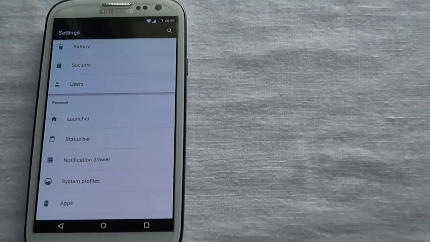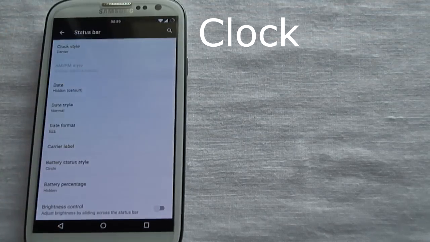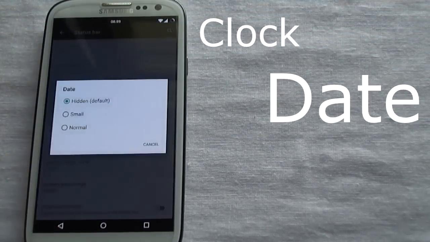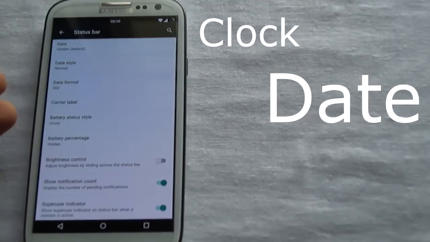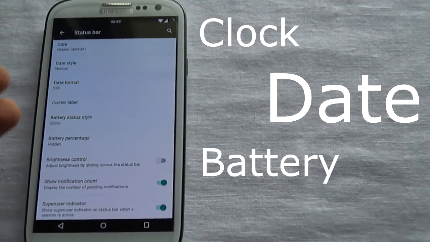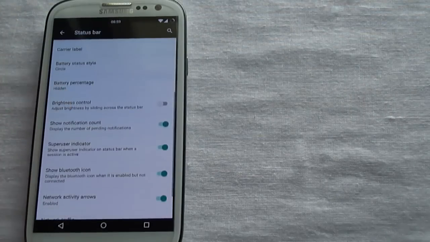Now this is the main section for personalization. You can customize with no limits, and you will fall in love with this ROM. So here we do have the status bar, and you can select on which side you like to display the clock. I would like the center one. We have the date to be shown or hidden. We have the date format. We can use the carrier label. We can change the battery status. We can show the percentage,